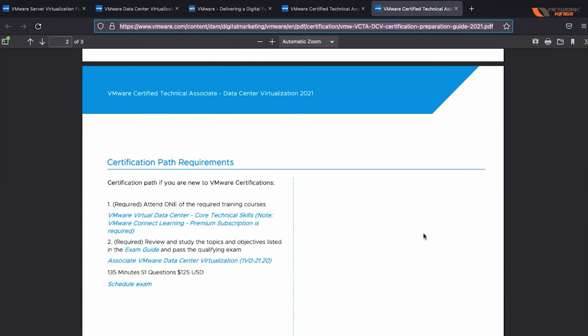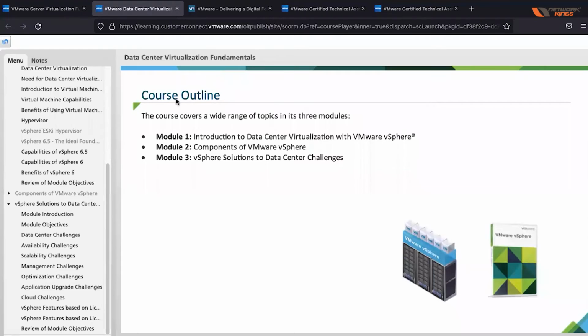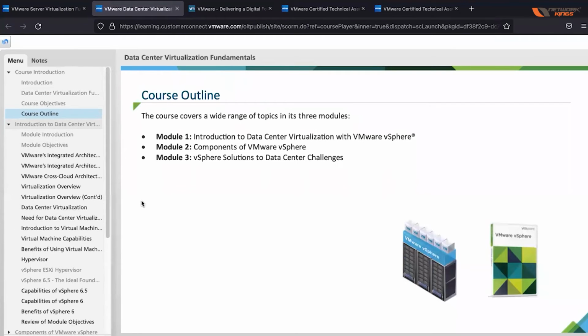You can go here, paste this, and you can look at it after the session. Now, coming back to this course, here they have mentioned the three modules. They have mentioned three modules which are there in the syllabus. यहाँ पे आपके पास तीन मॉड्यूल्स दिए हैं जिसमें आपको बताया है कि सिलेबस क्या है.